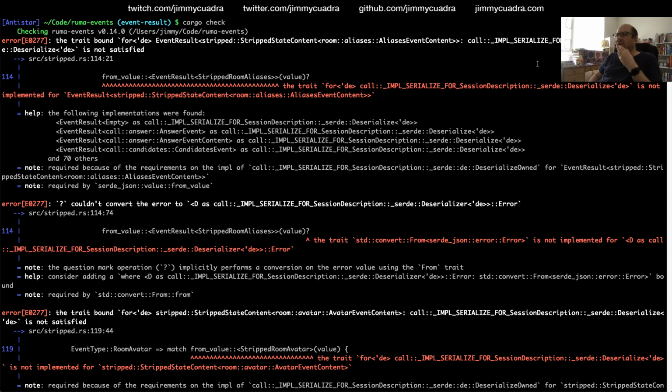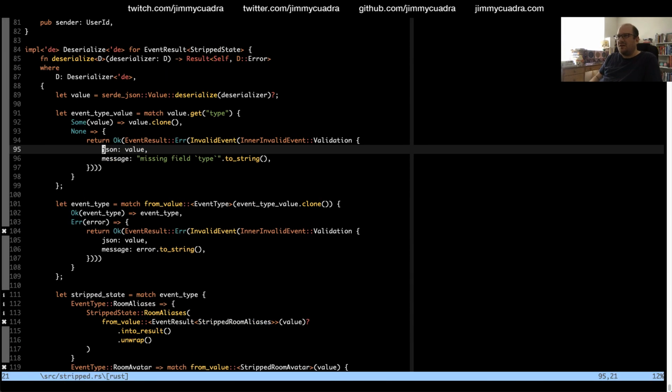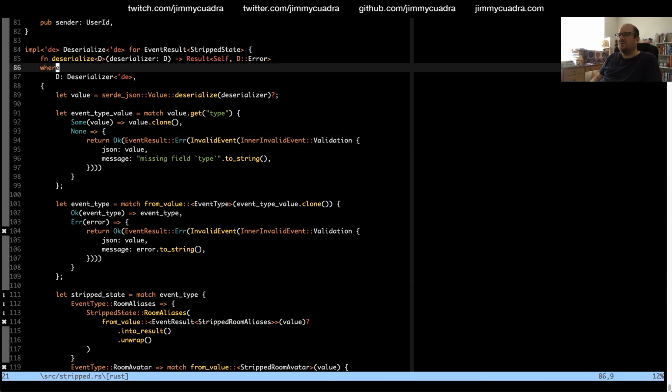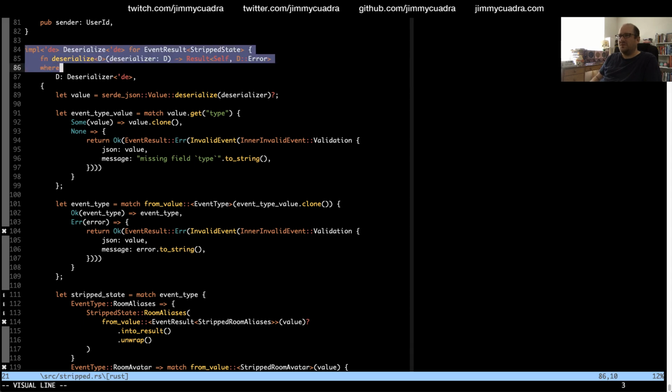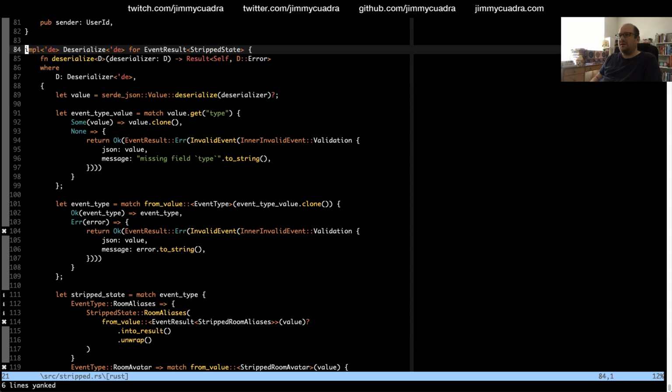So deserialize is not implemented for event result stripped state content. Right. Because what I'm implementing here is deserialize for event result stripped state, which is different. So I need to do the content.